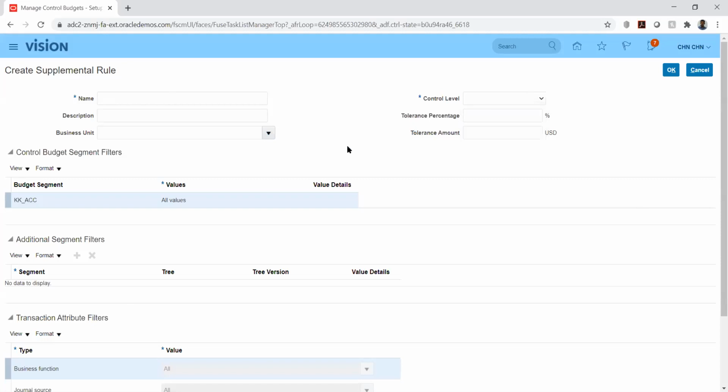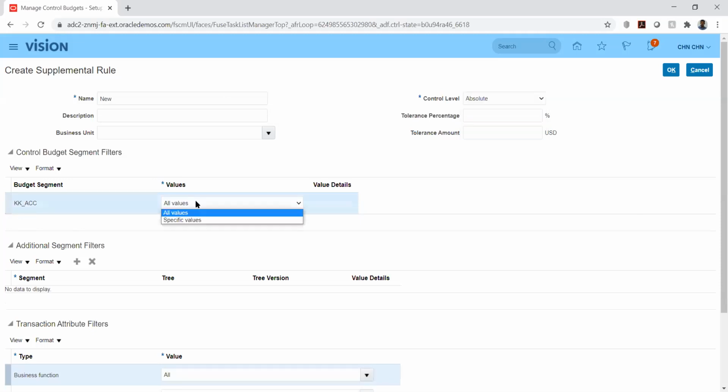Similarly, here also we have the tolerance limit to enable. And if you want to enable it for a particular set of accounts, that also we can give from here. So here I can give specific values.